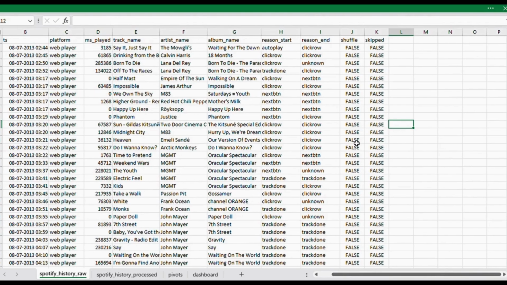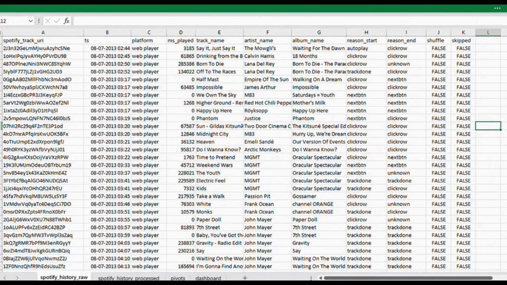In today's video, I will be sharing a Spotify user's skip behavior dashboard I created in Excel, where I will explore how skips and listening patterns reveal interesting insights. The objective of my dashboard is to analyze and understand what factors influence the user to skip certain tracks on Spotify, by exploring patterns across days, hours, devices, and playback modes. So let's get started.